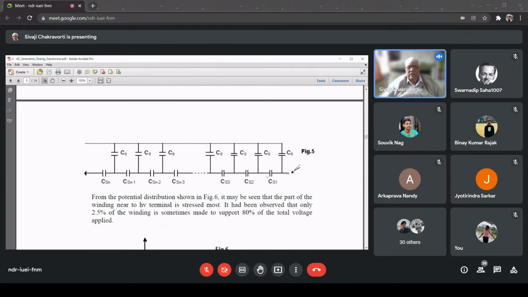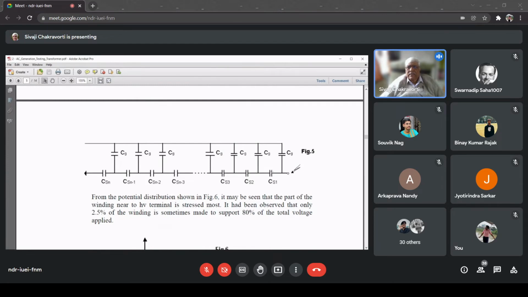What is the reason for that? The reason is the diversion of current through the shunt capacitances. If the shunt capacitances are absent, then these series currents will always be equal. Then if I find out what are the voltage drops across these series capacitances, this is very simple, current into 1 by omega C. Since C is same, 1 by omega C is all same, then the voltages, that means V1, V2, etc., they will be directly proportional to the current. And therefore, you can see that the voltages are not same across all the disks.